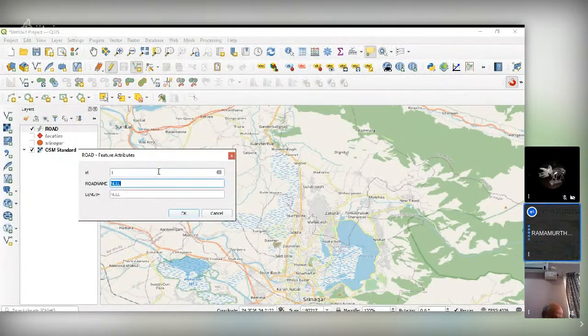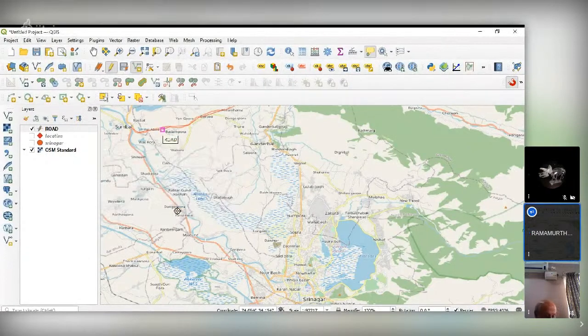Road name is Sumbal road. Length I am not putting it here because I don't know the length. I will calculate and populate this field later. I'll show you how to do it and say okay.